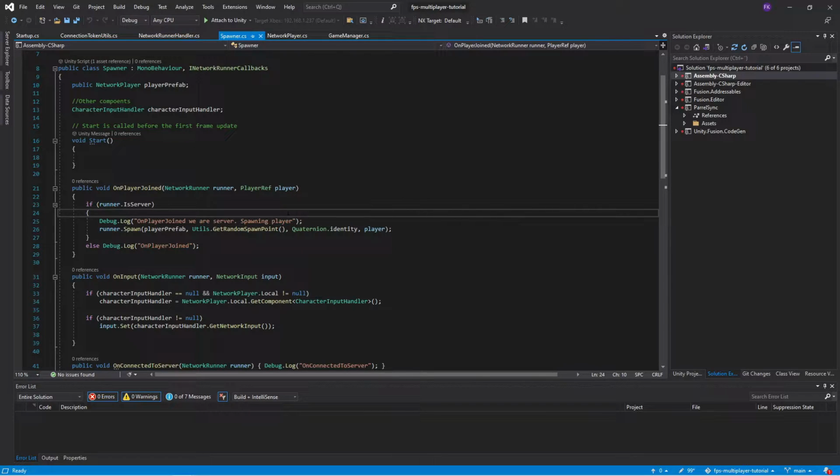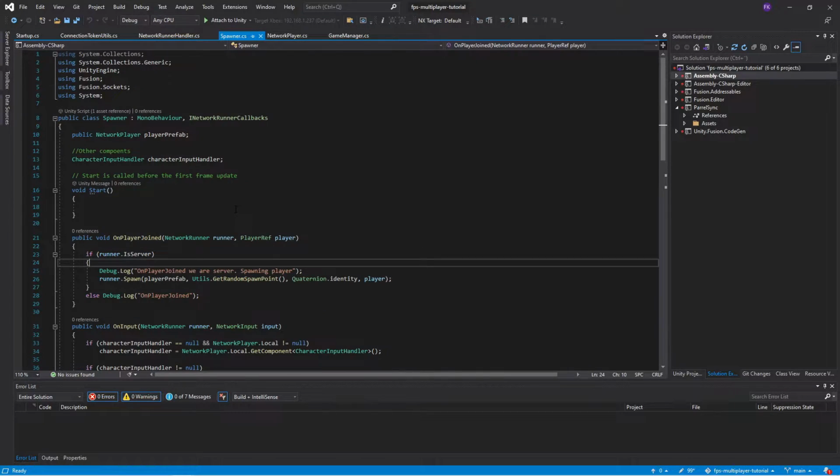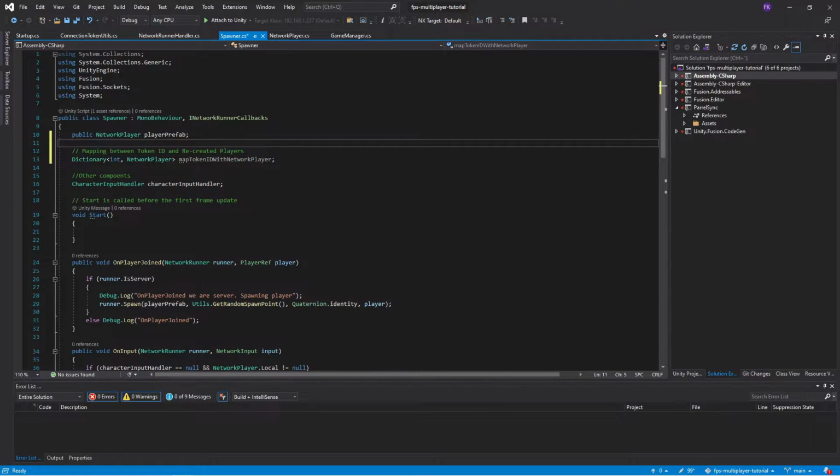We only get the player ref. So we need to create that relationship. So let's create a dictionary where we will map this information out. So we will take a dictionary with an integer and a network player and call it map token ID with